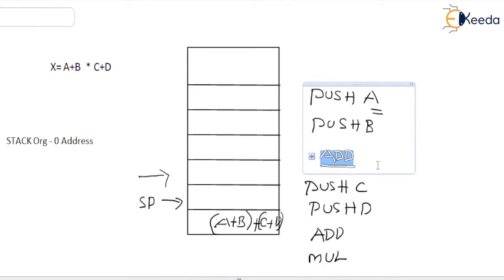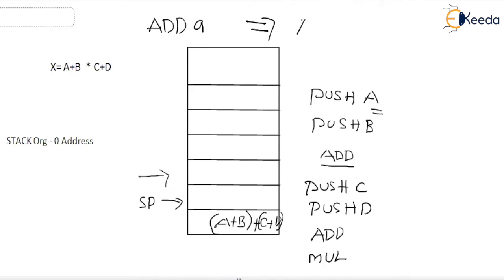Okay, so in the single accumulator organization, when we want to perform any operation, it has to be like add A. What is add A? Add A means accumulator is equal to accumulator plus memory of A. In general register organization, add A comma B, A is equal to A plus B. But here in stack organization, this operation is not being supported by any addresses. When you perform addition, it is understood that the top two elements of the stack will get added. That is the reason why these are called zero address instructions.